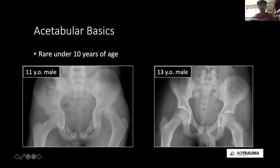So taking you from that, we'll move on to acetabular fractures. These are pretty rare under 10 years of age. We don't tend to see the mechanism causing acetabular fractures at that age. We do tend to see pelvic fractures, but not acetabular fractures. We said that the triradiate closes somewhere between 12 and 14, depending on sex and physiology. And so this is a pretty small window of kids that are going to have an acetabular fracture that is